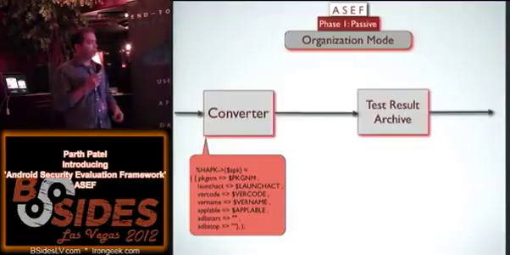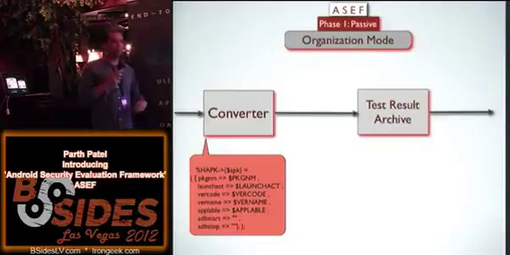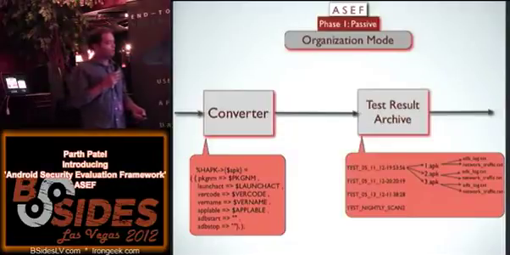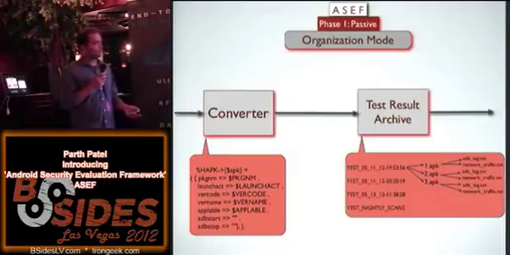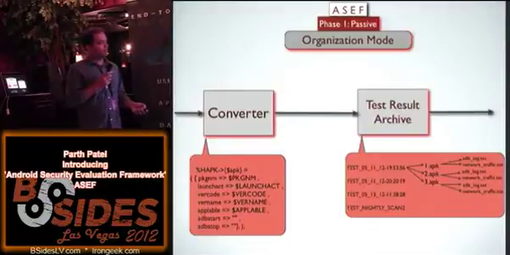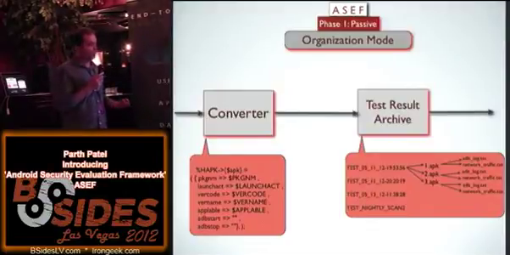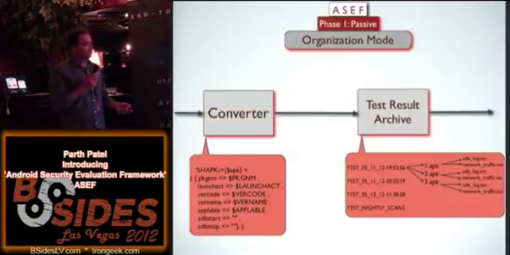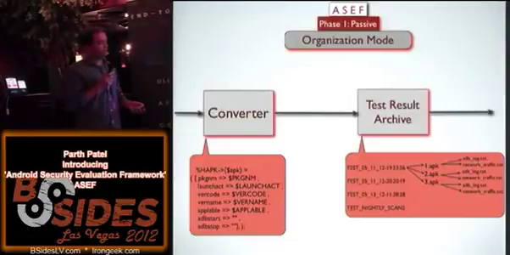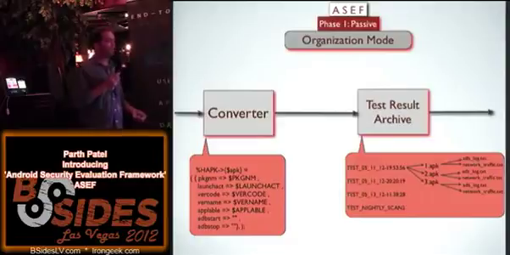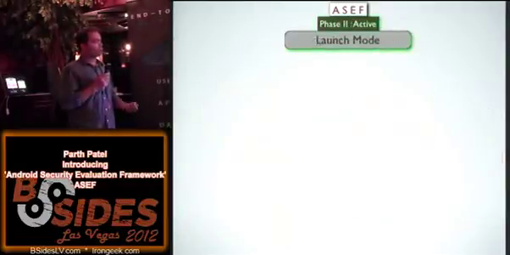And in order to organize our data, which we're going to collect in the test cycle, we're going to create a test result archive. So the framework will create the directories based on the timestamps, and within those directories, different directories will be created based on the name of the application, and within those directories there will be log files in which we'll be capturing all the data. So once we have all this hierarchy created, we are good to go for